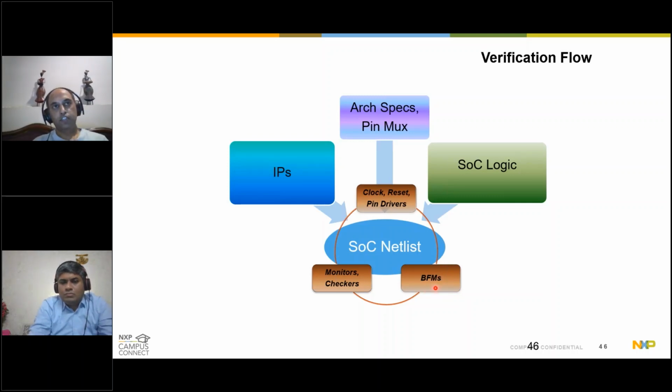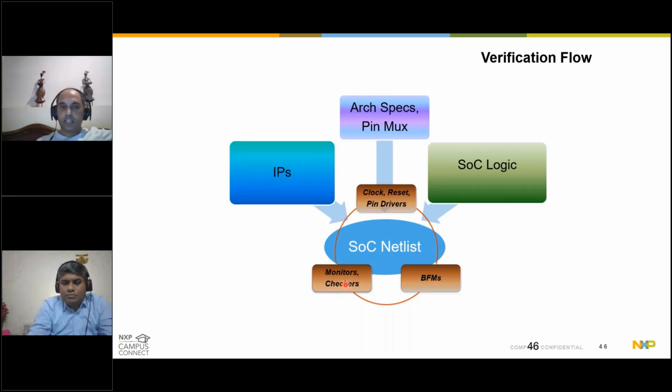So you can imagine your SOC is supporting Ethernet functionality, and you're trying to verify your design, and you are giving out certain outputs on an Ethernet interface outside your chip. Now, how do you measure that output? How do you make sure the output you are giving to the external world is really compliant with the Ethernet protocol or not? Some of those intentions are met by using these bus function models. These are the soft components which are part of the test bench, and they represent the functionality of the devices which my SOC will talk to in a product world or in an application world.